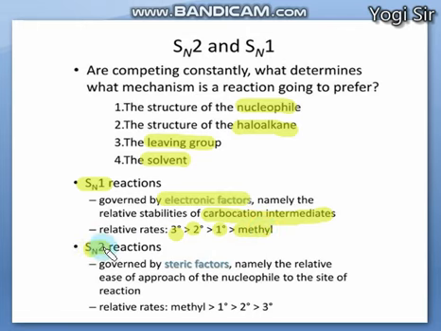Same way, SN2 is governed by steric factors. We have studied in our previous session about steric hindrance. The primary and methyl have smaller groups, so they have lower steric hindrance. So the rate of SN2 reaction is faster with primary as well as methyl haloalkanes, right? It is about the ease of approach of the nucleophile to the site of the reaction. So lower steric hindrance favors the SN2 mechanism, right?